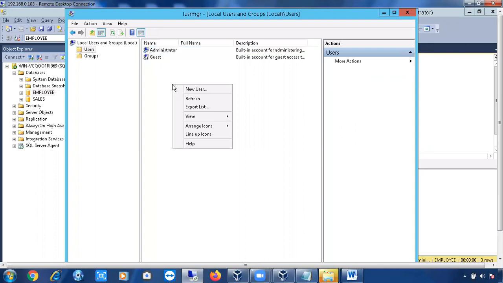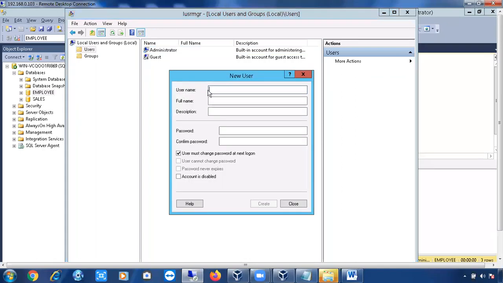Now let me create a user. Right click on this white space, new user. I'm going to create a service account like this. SQL, and if it is production, usually the notation will be like this, PRD, SVC. The service accounts will be like this usually, but again it depends on the organization. SQL prod SVC means this service account belongs to a production server, and this is a service account and belongs to SQL.